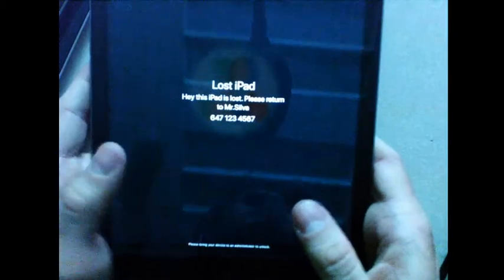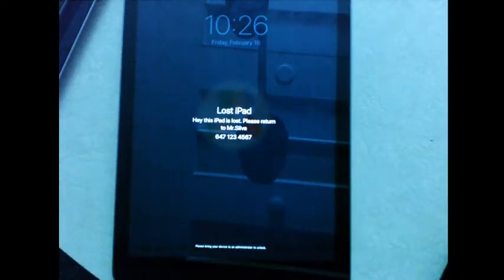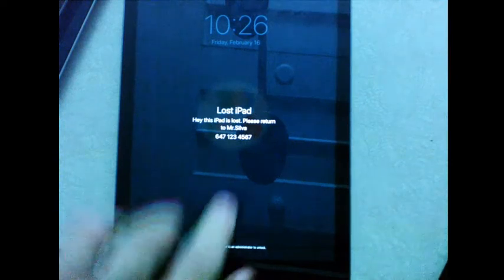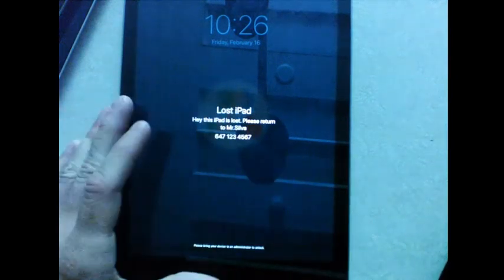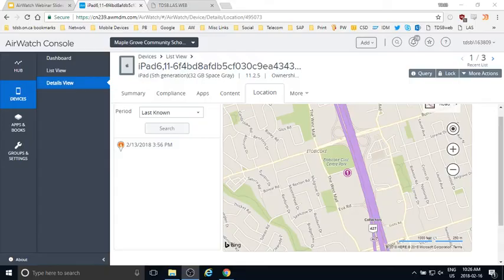So it keeps it from being sold, or anybody having any initiative to go out and try to make money off this iPad. Basically, I've effectively locked down this iPad, and I have a contact number there for somebody to contact me, so that they would pick it up, see that, and go, "Oh, Mr. Silva's lost this. I need to return this to him," and give me a call. And then once you get that iPad back, you can of course turn it back off. So I have to refresh the screen, of course.